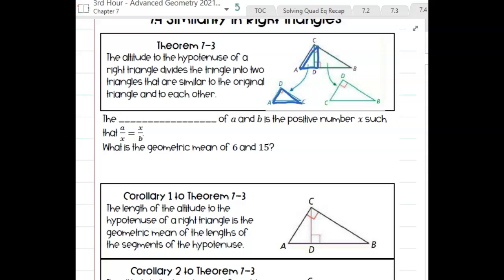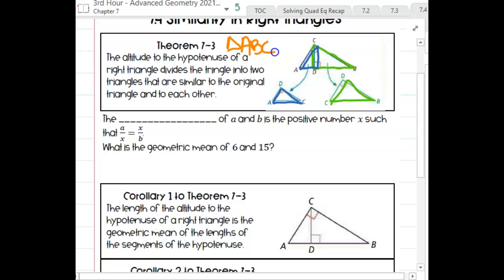And then the other triangle, maybe we call it CDB. Now if you look at it here, the hypotenuse CB is the one it's sitting on right down here, and you can see that triangle CBD. So I have the original triangle, and then I have these two other separate triangles. Theorem 7.3 tells me that all three of these triangles are similar. Going from the original triangle, which we call ABC,